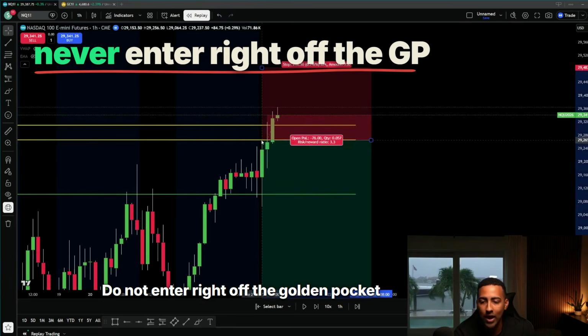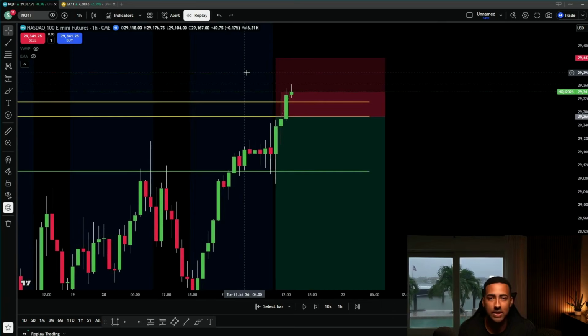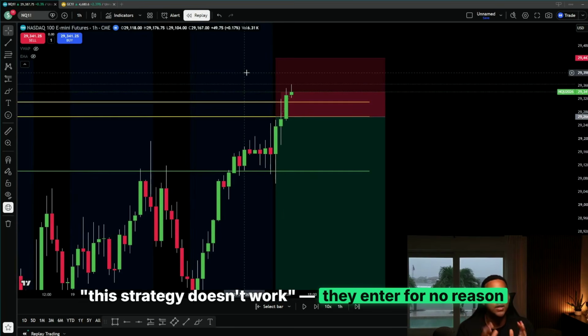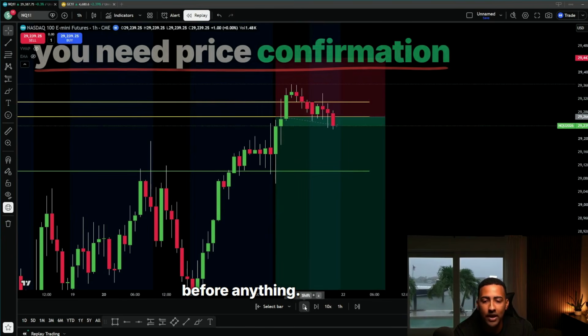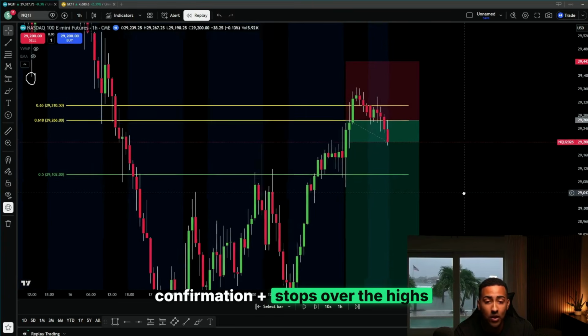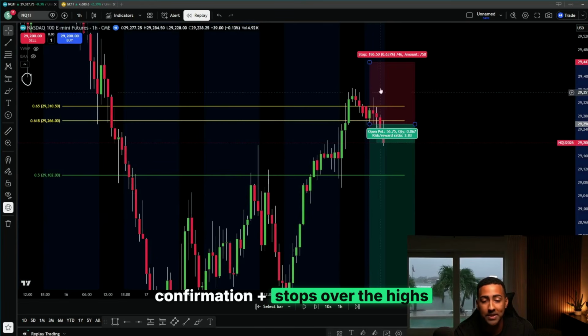Do not enter right off the golden pocket for no reason. Don't just do that because it makes no sense. Everybody that tries this tells me that this strategy doesn't work or isn't successful, and it's because they're just entering for no reason. Well, we need to see actual price confirmation before anything. So here we can start to think, okay, now we have ourselves a potential price confirmation, potential move to the